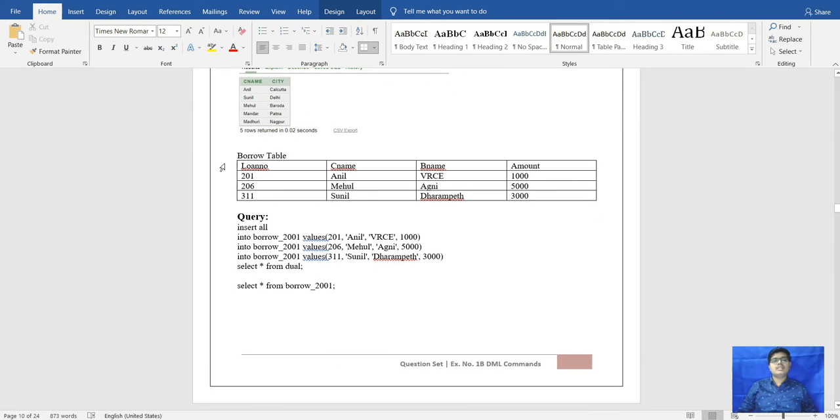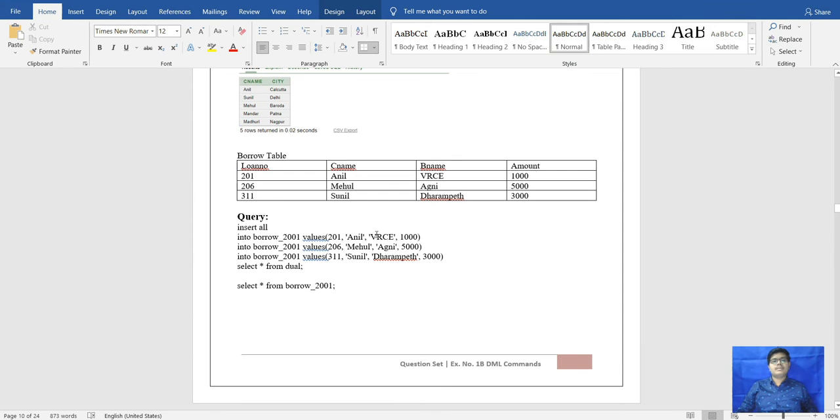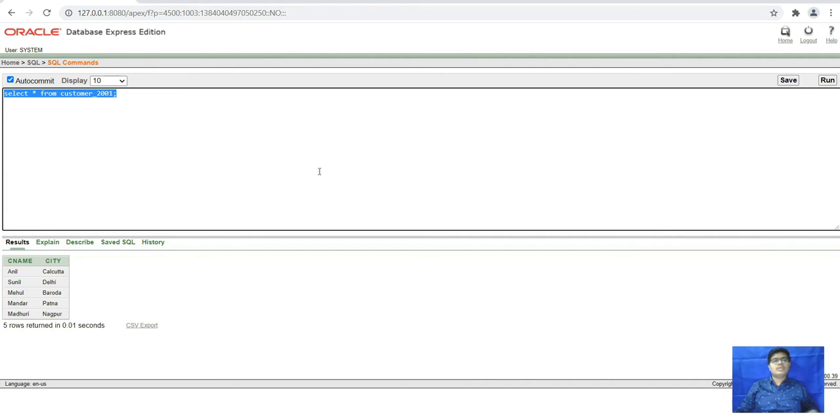Here is the borrow table. Now we have to enter all this. For that, into, I'll copy this.